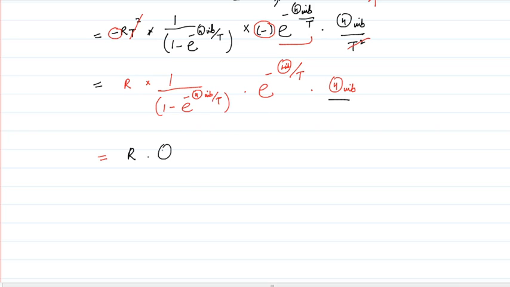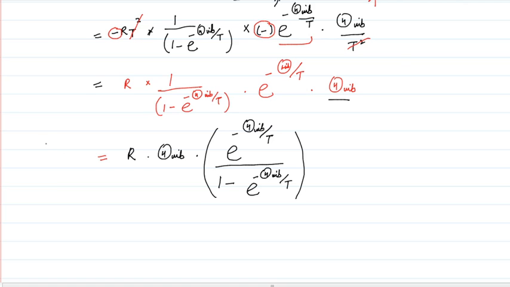It will be theta vibration, and this part e raised power minus theta vibration upon T whole divided by this term. That means 1 minus e raised power minus theta vibration upon T. So we will multiply these terms. So this will be our vibrational